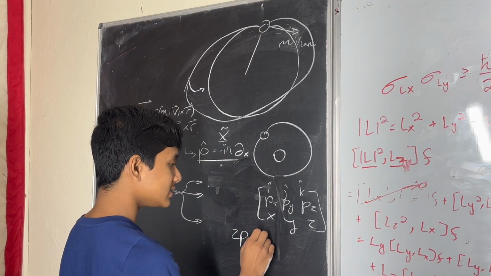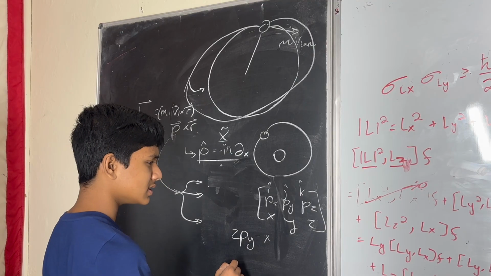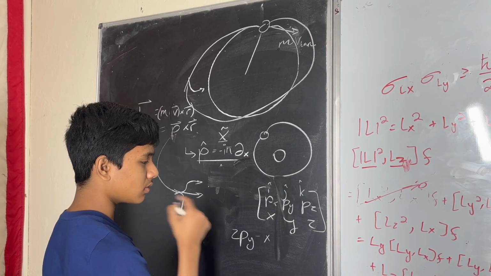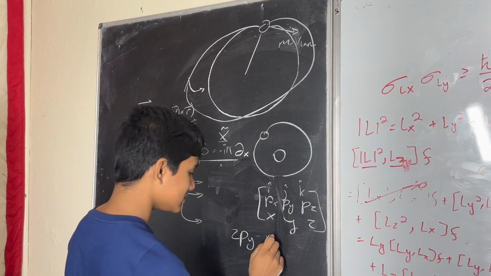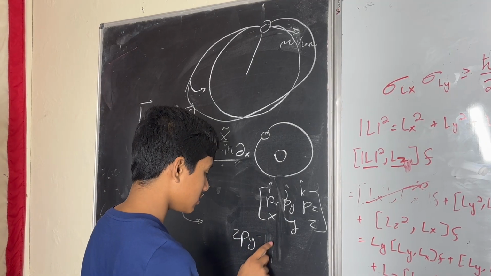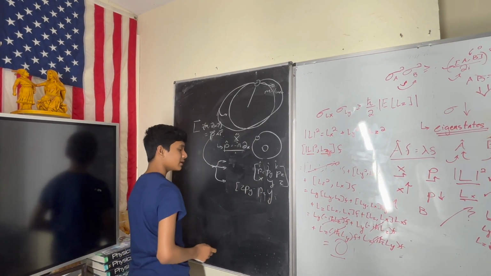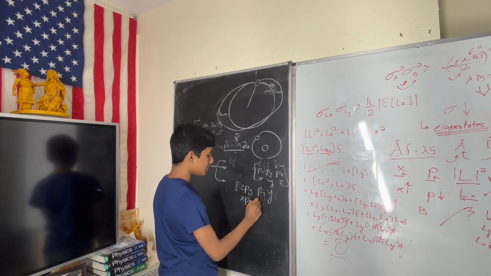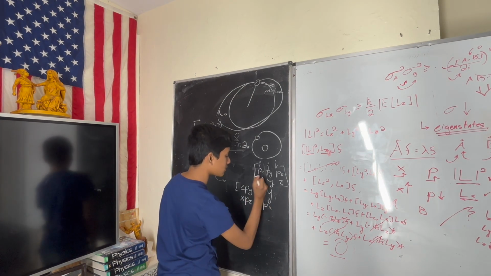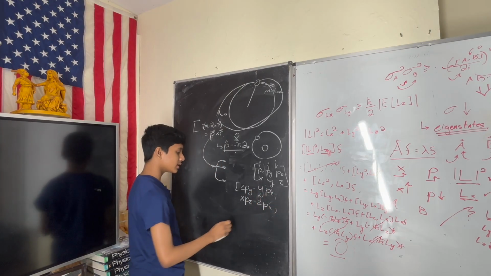y pz, wait, no, I'm blind, minus z py, that's the first component. Then the second component is going to be x pz minus z px. And the last component should be,